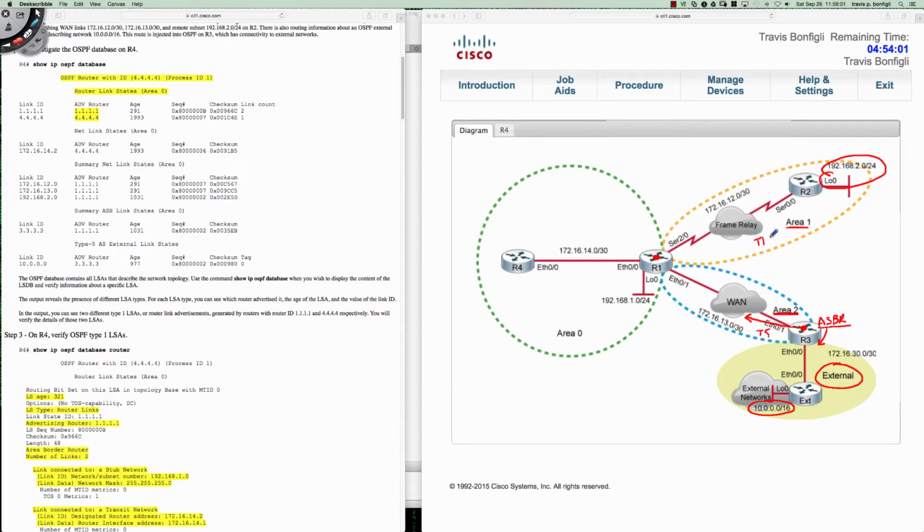There's going to be type 1s and type 2s, and we're going to see some nice diagrams of this. Those are going to hit the ABR. Those, the type 1s and 2s, these go out as type 3s. However, the type 5, right? What is the domain scope of the type 5? It is domain wide, which means when it hits this ABR as a type 5,